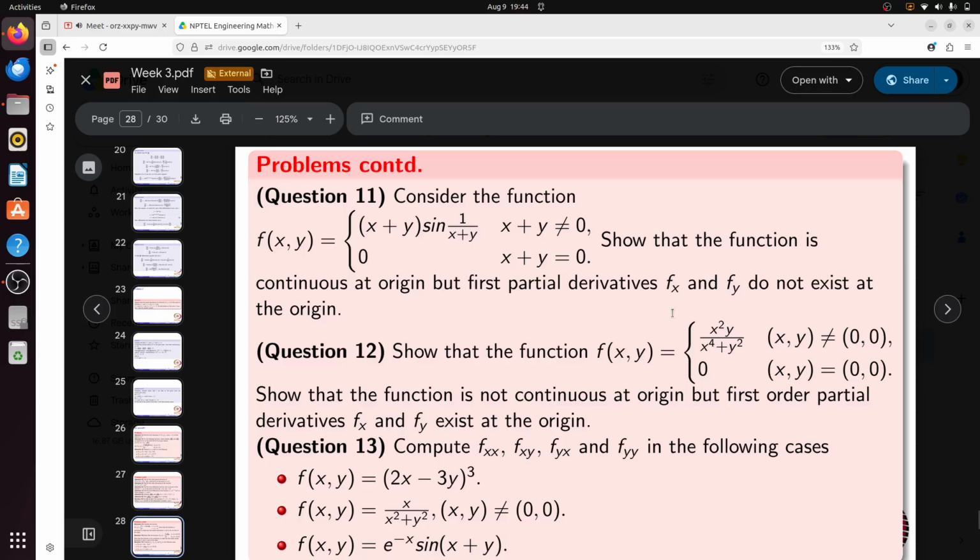I think this type of class is very beneficial for me also, because in an interview there is something on teaching and they will ask this type of question. Some counterexample that is defined everywhere but not continuous, or continuous but partial derivative does not exist. Right? While facing any interview, it is difficult to remember all such examples.